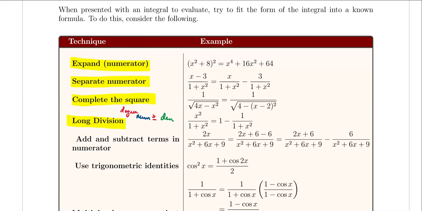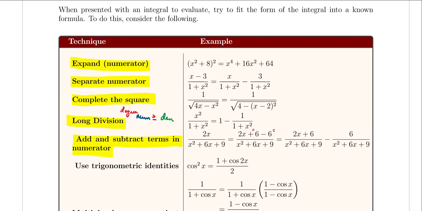Alright, now another technique that can prove very useful is to add and subtract terms in the numerator. So let's say that we encounter the fraction 2x divided by x squared plus 6x plus 9. Well, in this case, what we can do is essentially add a 0. I'll call this one a special 0, because if we add a 6 and then take away a 6, technically we're not adding anything,